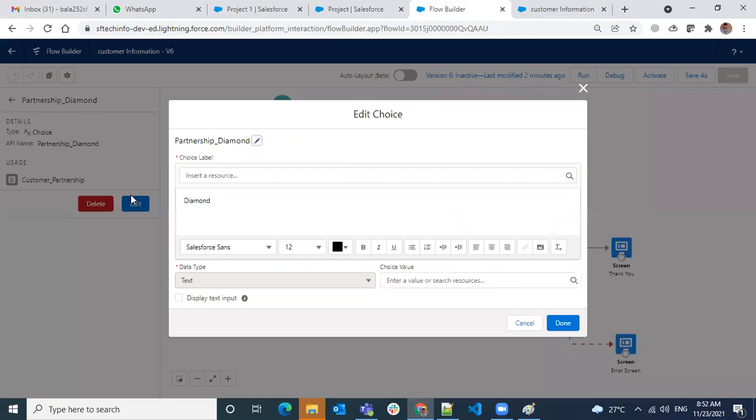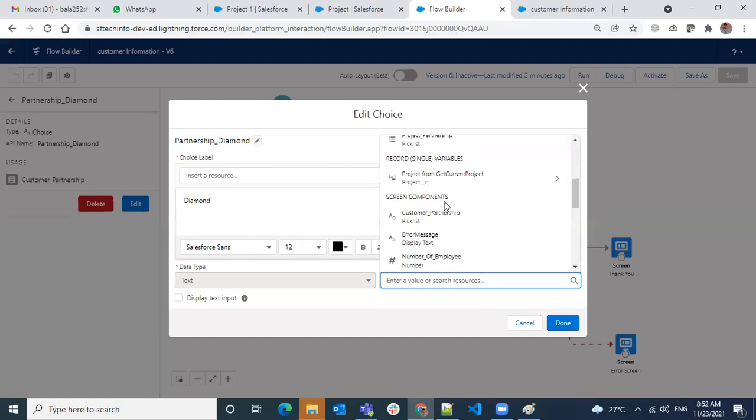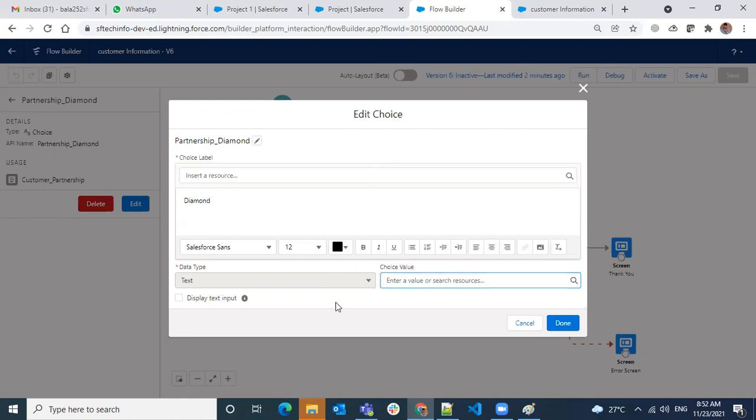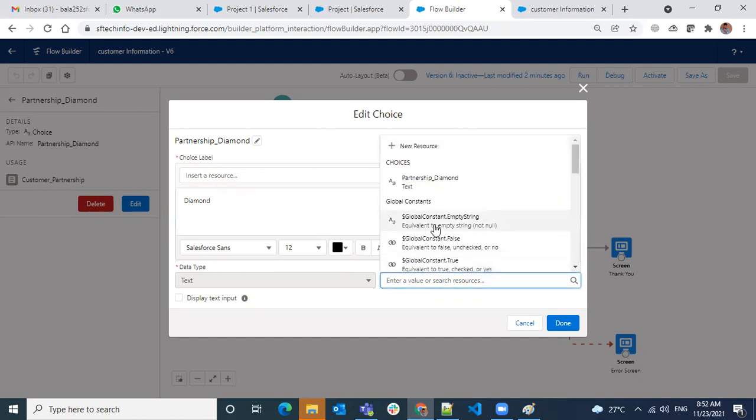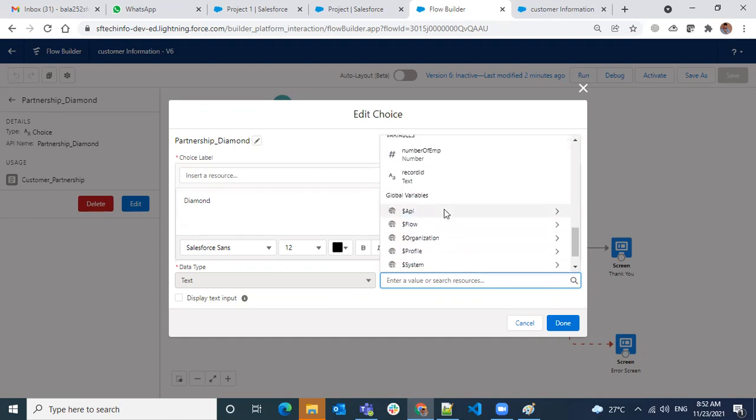Edit. Choose value. This is a label and value. Value also has to be. I'm not sure.